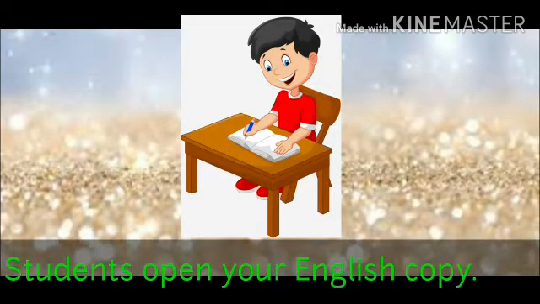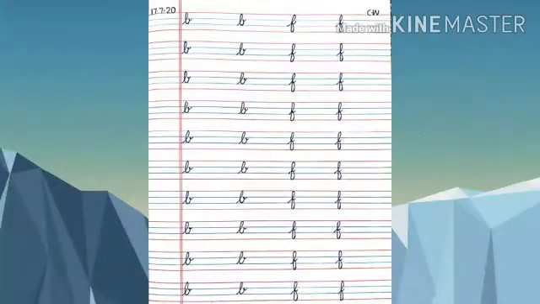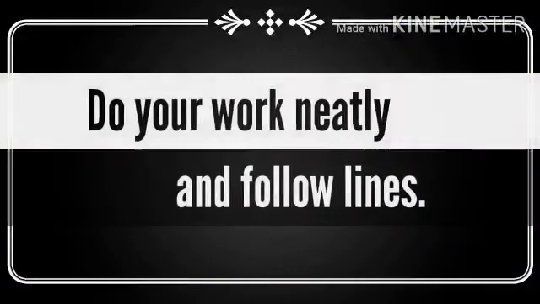Students, open your English copy. Now, on the left hand side, write down date, and on the right hand side, write CW, that is classwork. Students, in 2 lines, you are supposed to write cursive small letter B, and in other 2 lines, you have to write cursive small letter F. Do your work